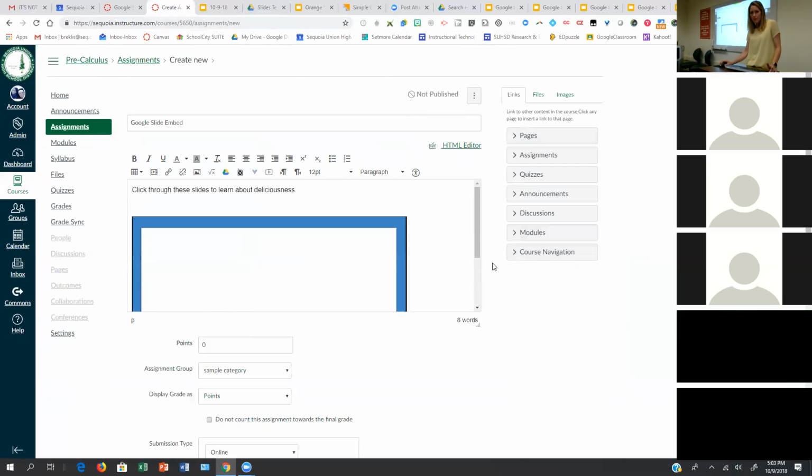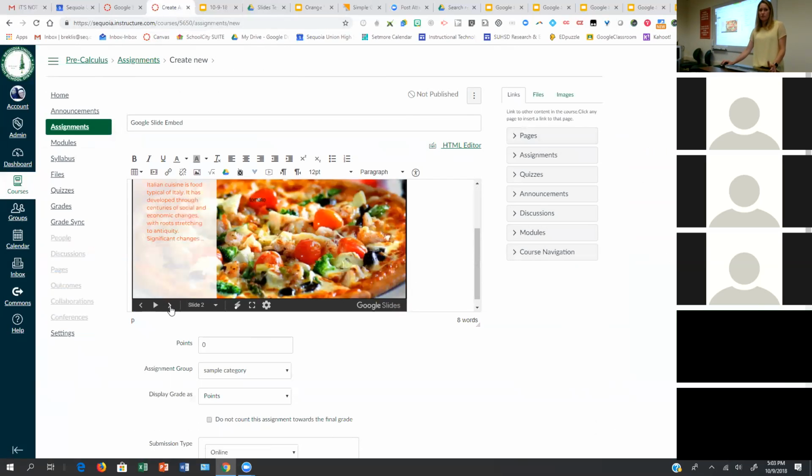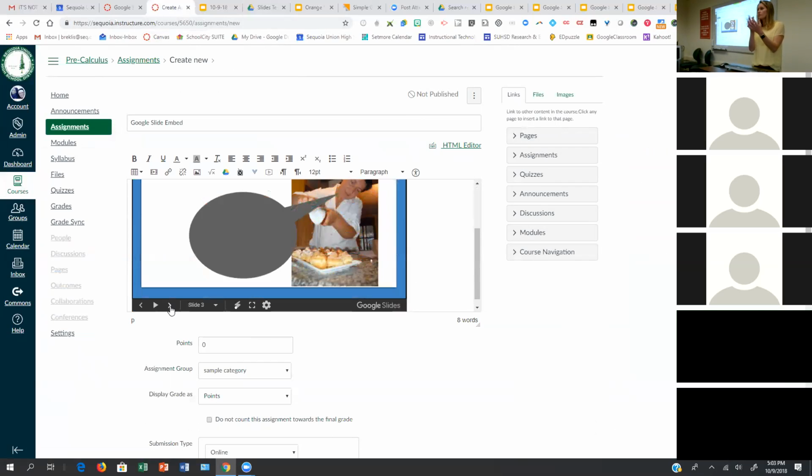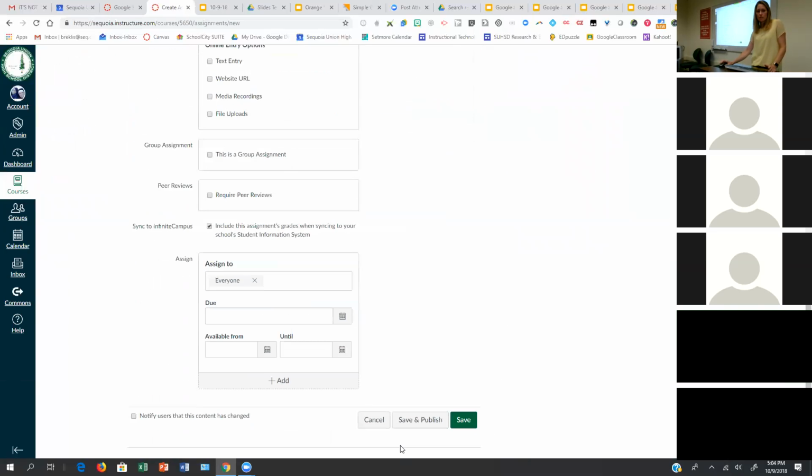But now the embedded Google Slides are in there. Nobody has to worry about an authorization not being able to access it. And it's right there where they can click through on the spot. Now, you don't want to do this for something where they need to type, because they can't type on this one. That's a different presentation, but it sets it up really quickly.